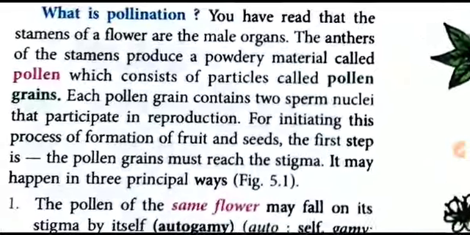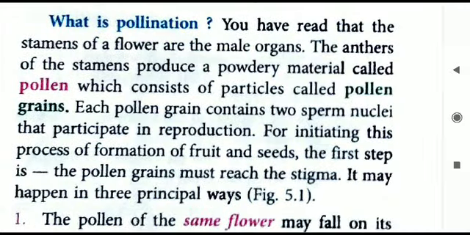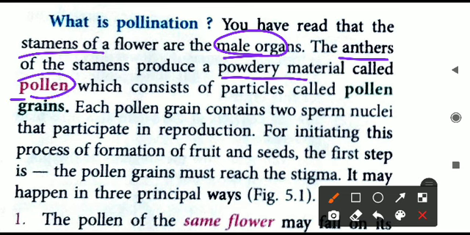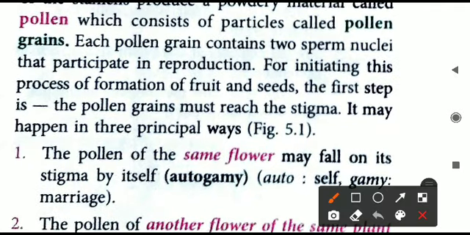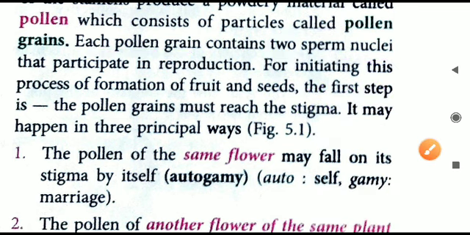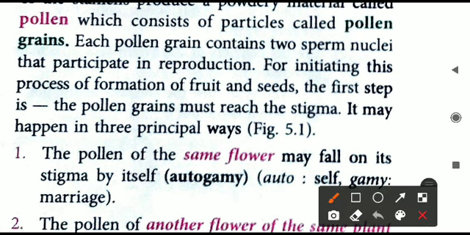So that is what is given here about pollination. The stamens, that is the male organ of the flower, have the anthers. On the stamen only anthers are present, and these anthers produce a powdery material called pollen or pollen grains. What is present exactly inside each pollen grain is two sperm nuclei, which we can also call the male nuclei. This is the male reproductive cell or the male sex cell, which is important for fertilization or the subsequent reproduction process to take place. So this pollen grain which contains these sperm nuclei has to be transferred.